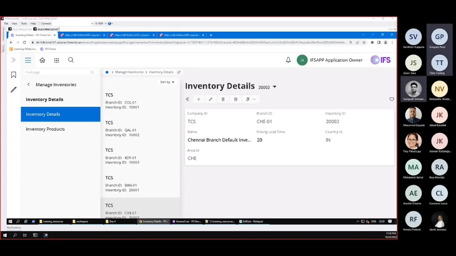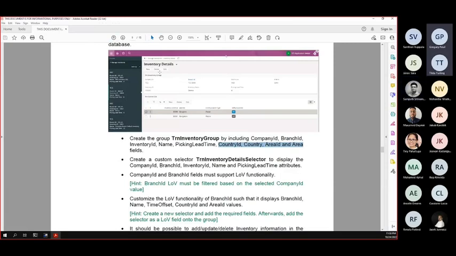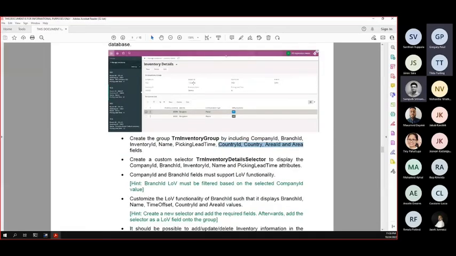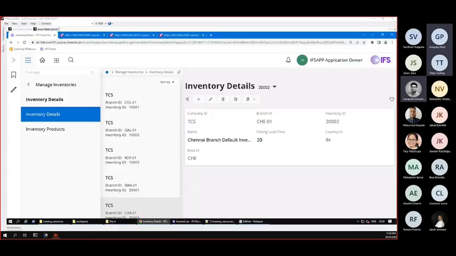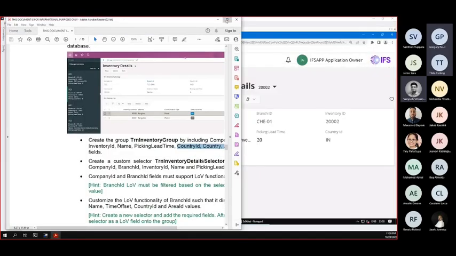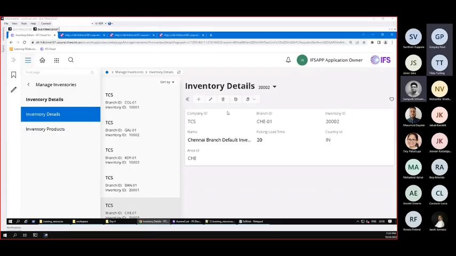Right. So where are we? So we are actually trying to create this inventory details window, and we are halfway there. We have created this group, and we have the fields that are available in the TRN inventory, as well as the country ID and the area ID. However, we also need the country name and the area name, and we still don't know how to get that,